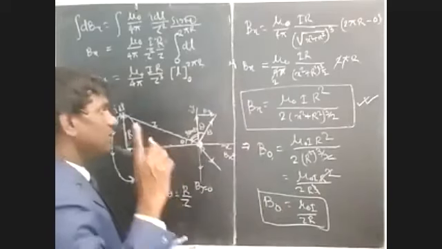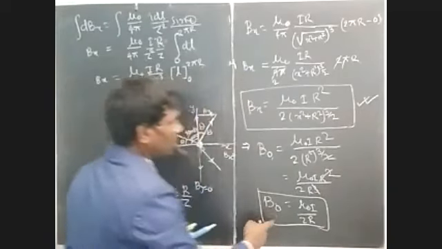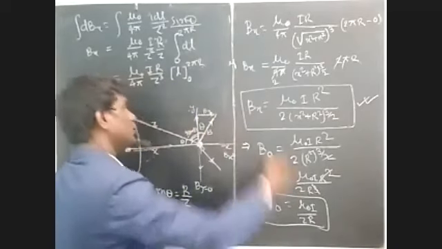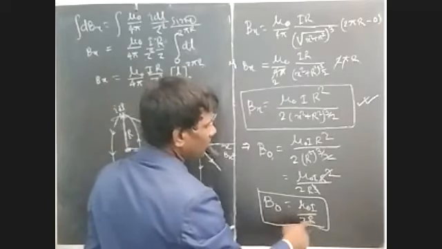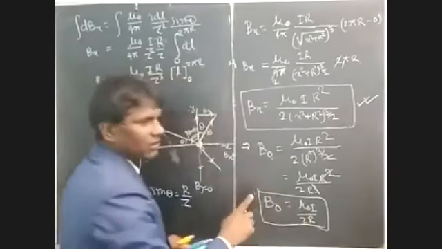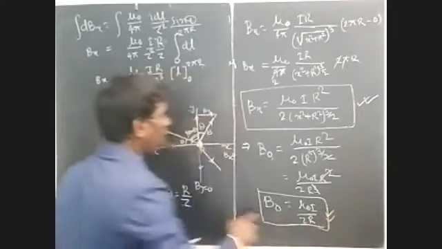Okay. Previously, when we found the magnetic field due to the arc with an angle, in that condition we got the same result, mu naught I upon 2R. Just recall the previous one, and in this case we also get the same. So our journey is complete. How we get the